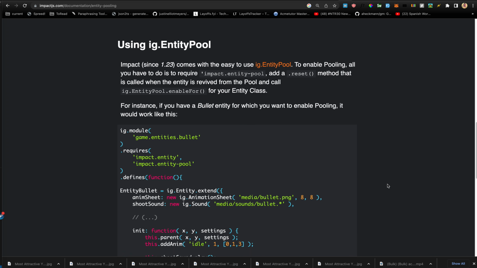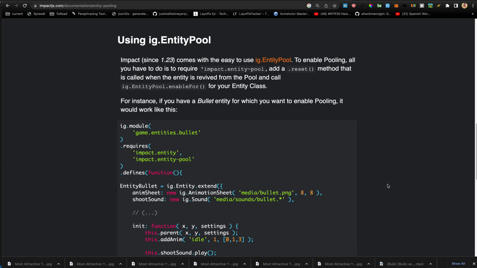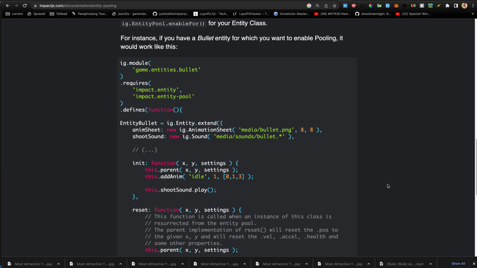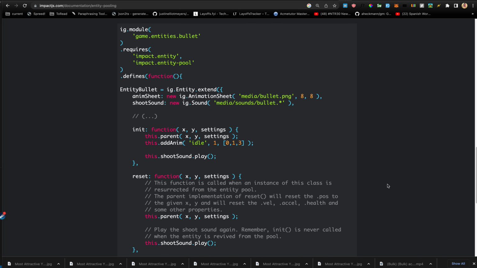So using this ig.entityPool basically is very easy. To enable pooling, all you have to do is require impact.entity-pool and a reset method that is called when the entity is revived from the pool, and call the ig.entityPool.enable for the entity class. So for instance, if you have a bullet entity for which you want to enable pooling, it would work like this. So we have created a bullet module,